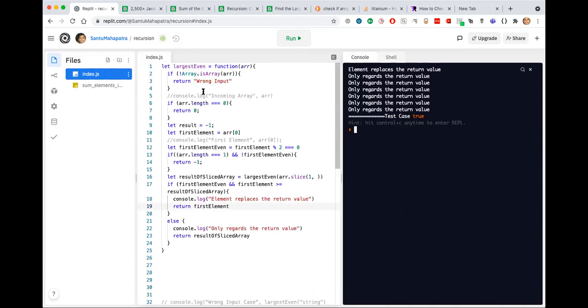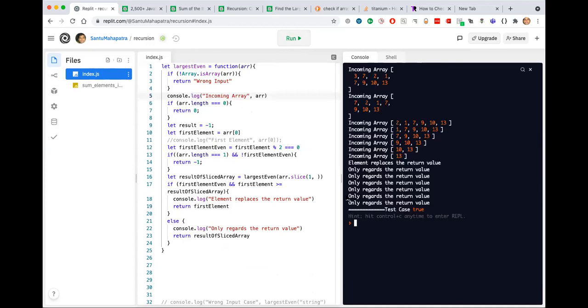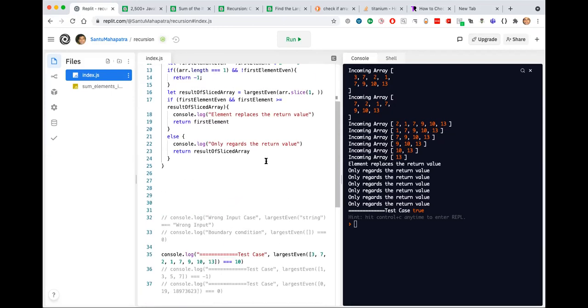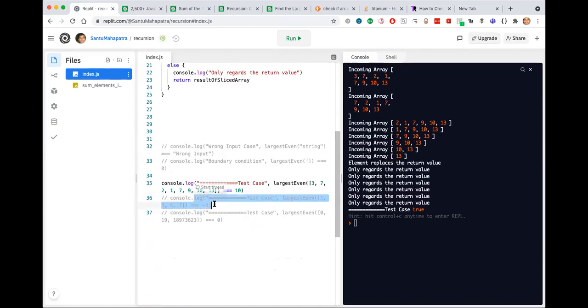Let me print this also. Okay, because I'm calling the recursion first, so this is not printing in order because the recursion is called at line 16 and the print is happening in line 18, 22. But I hope you get the idea. Like at least some element is replacing the return value in our case here, which does not happen in the other test case. Cool. So we'll stop here.